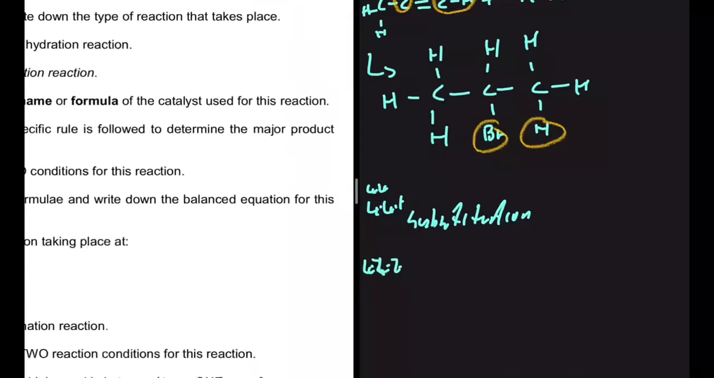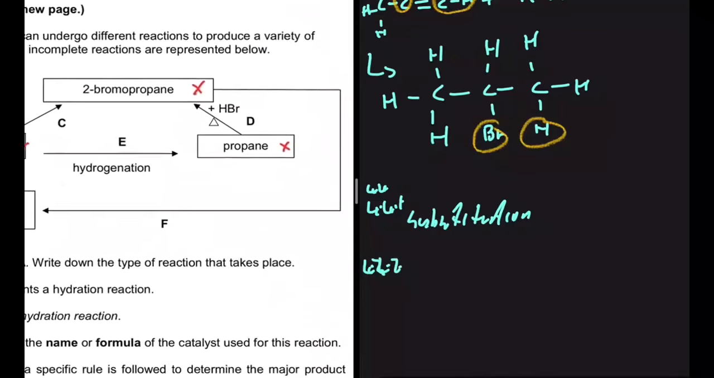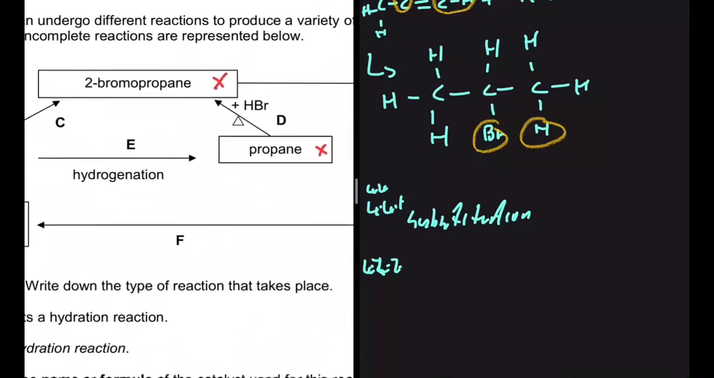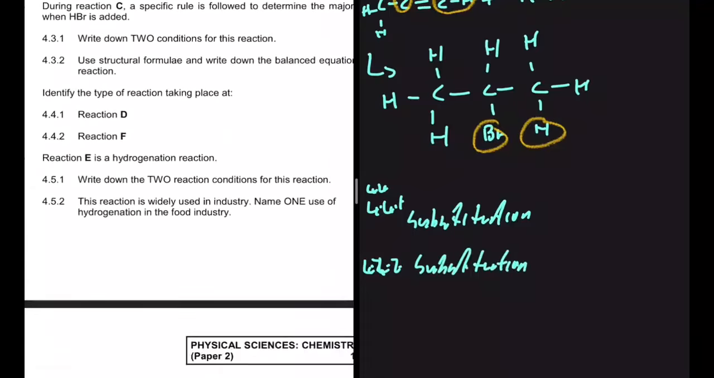4.2, which reaction are we interested in? We are interested in reaction F. In reaction F, do we start with an alkene? The answer is no. Do we end with an alkene? The answer is still no. So again, that is a substitution reaction. It cannot be otherwise. And then